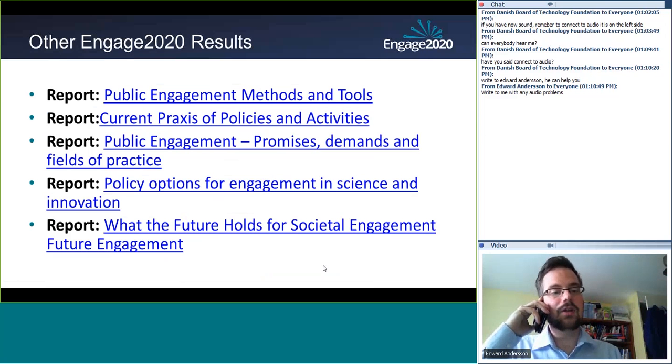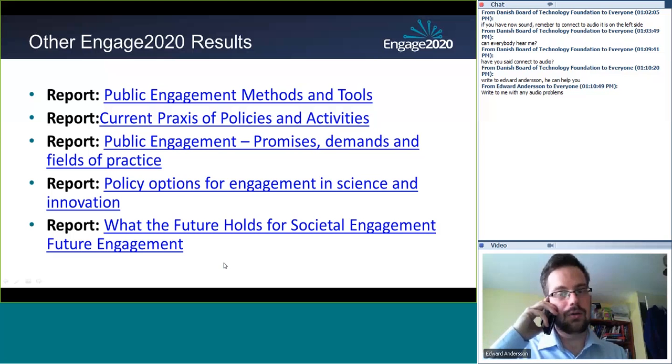There's policy options for the engagement of science and innovation. Looking forward, what could we do in the future? And there's a very good report on the future of methodology when it comes to public participation. What will methodologies look like in the future? And indeed, the next webinar will be talking about the future, and we'll be drawing very heavily on those last two